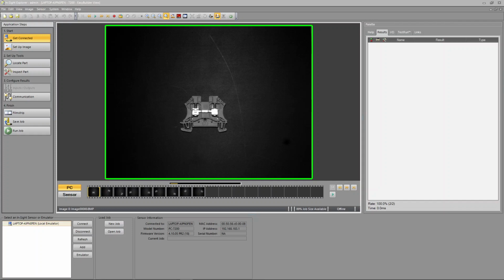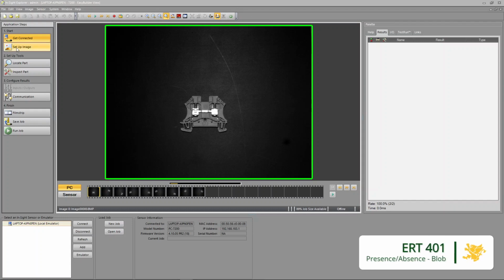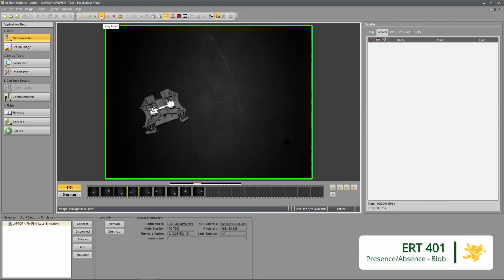Okay, in this video, I'm going to use a blob tool to look for presence or absence. So we'll have a terminal, it's moving around. Sometimes it's without the clamp, the screw clamp inside, and sometimes it is. Okay, now when the screw clamp is present, it's very white, so I could pick it up as a white